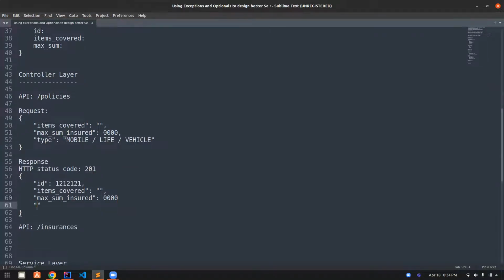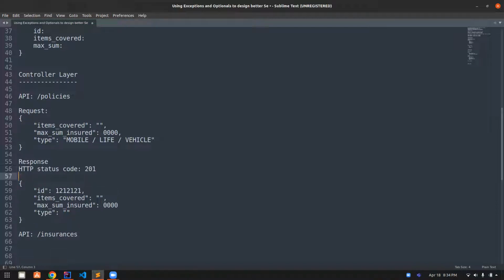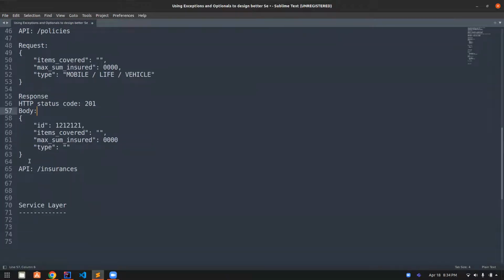Here you would get the type back, whatever you have decided the type to be. This would be the response. Status code would be 200. This would be the body of the request. Okay, done for now. For the insurance API, the request would be